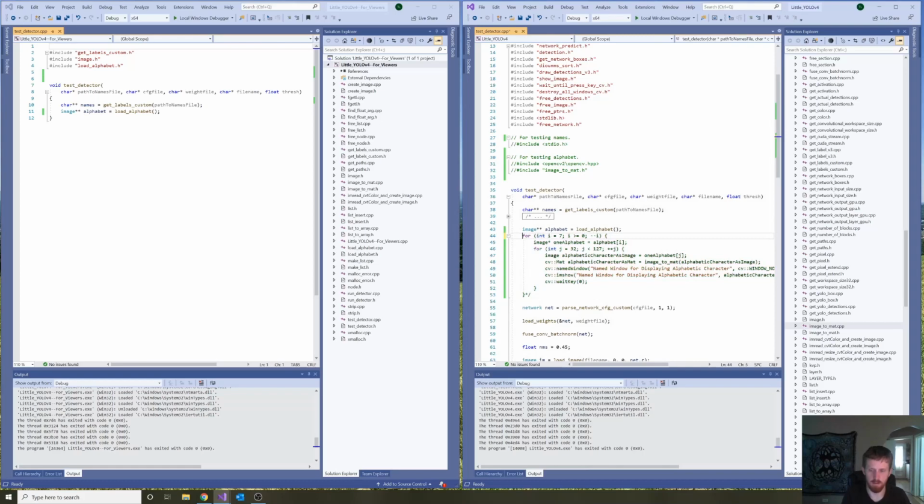So let me loosen up some inclusions and some code for testing. I'm actually going to start with the largest characters because they're easiest to see. So let's use a decremental for loop, for the largest size of alphabetic character images down to the smallest size,